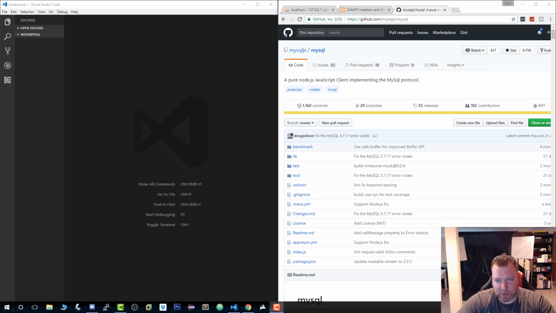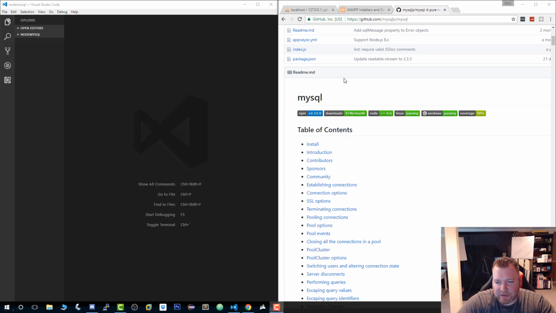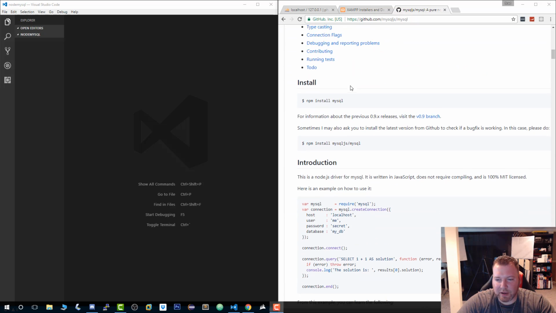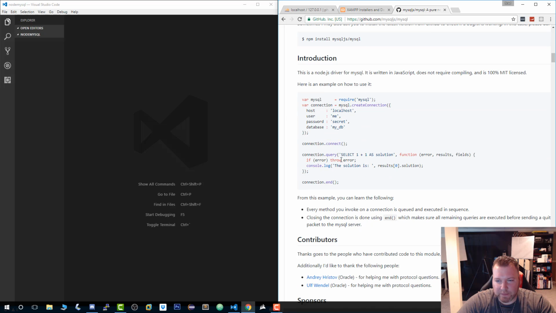So what we're going to do is use the MySQL client, the MySQL package that we can install using npm. So obviously you need Node.js installed. And this has some pretty good documentation. This is the GitHub page. We're just going to install it, set up a connection, and I'm going to give you the tools that you need to make selects, inserts, updates, and deletes. We're not going to build a full application, but it'll give you the knowledge you need to go and create